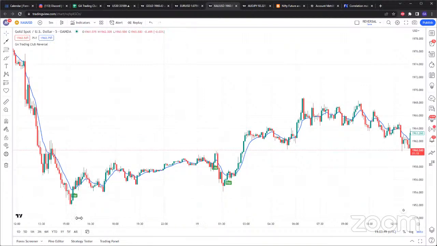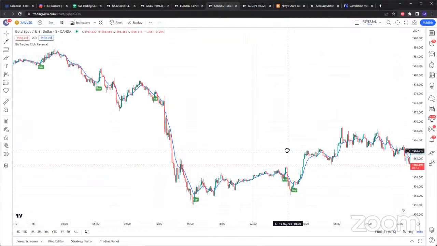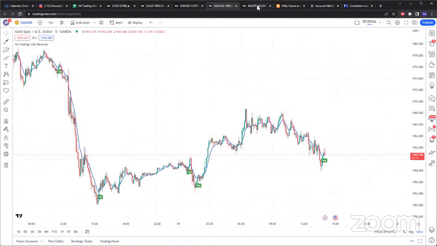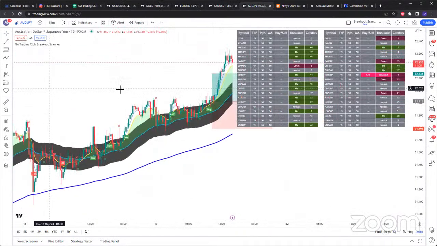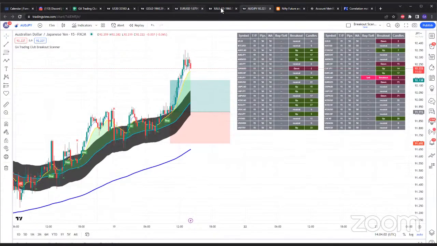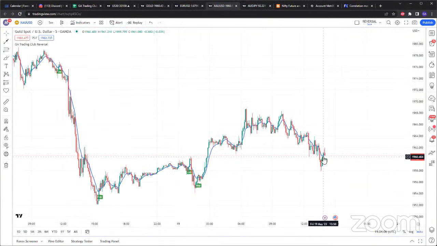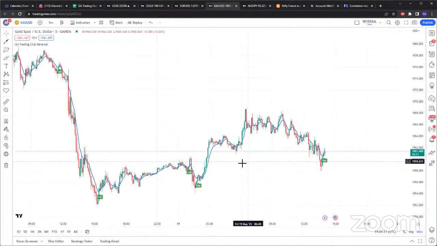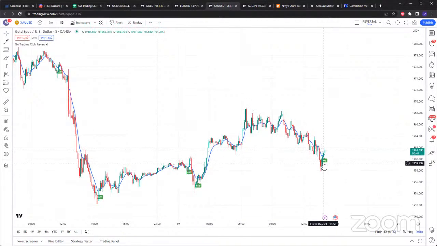So then on the breakout scanner, the chart was on there and it showed gold as a buy because the candle at 2 a.m. Eastern time, that's right around where I closed it. There's a bullish candle, and it closes above the 9 EMA, and then the next candle was also really bullish, and it closed above the 9 EMA. So it printed out a buy signal. So I took that buy,